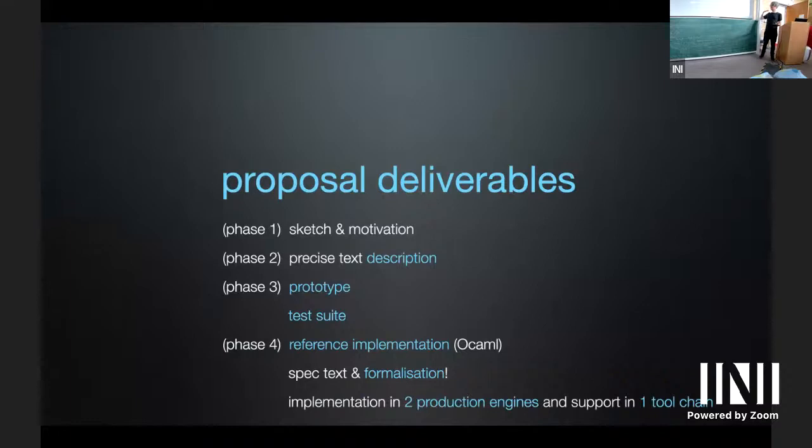And then in practice, the hardest barrier though is the last one, which is it cannot be merged before there have been 2 implementations in real production engines, kind of as a proof of validity of this feature. So it can be implemented efficiently and can be supported in tool chains as well. So where applicable, there also has to be at least one tool chain that can generate this feature, so that we have both consumers of the feature and producers of the feature. And only if that all works out in practice and people are sufficiently confident that this is reasonable, only then, when all this happens, the